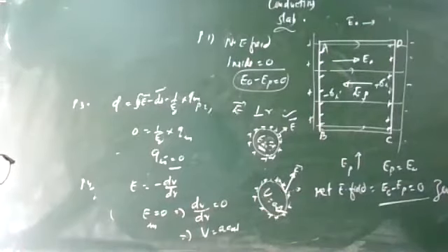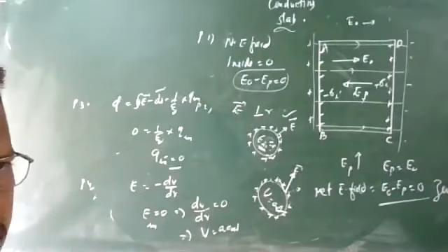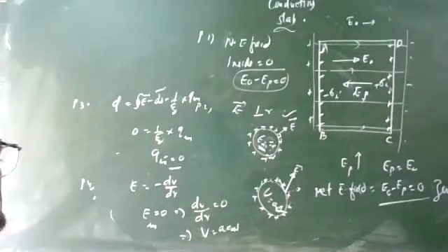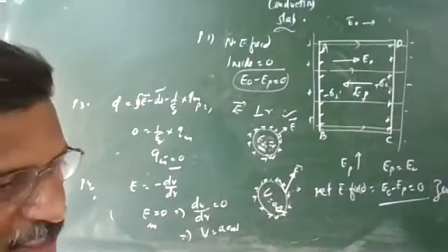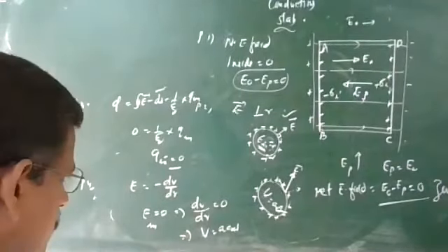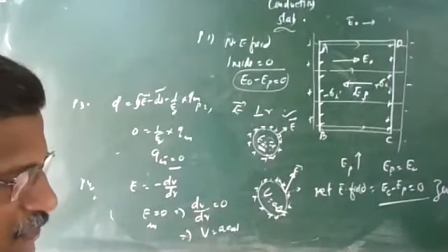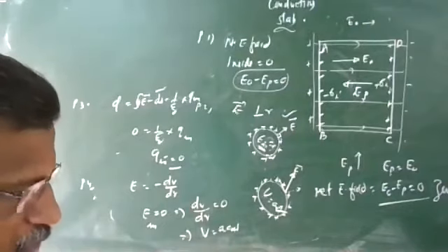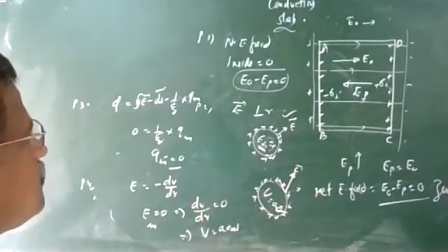And what is the value of the potential inside? That will be the value on the surface. We have seen this point in the case of a spherical shell: the potential on the surface and inside are the same. So the surface of a charged conductor is an example of an equipotential surface, because the potential remains the same.